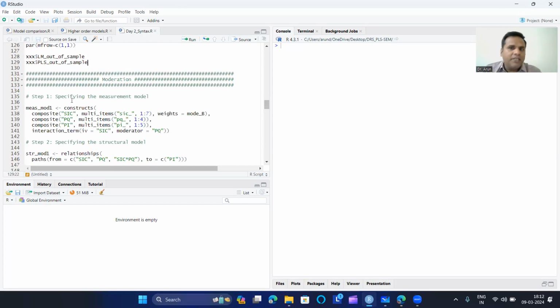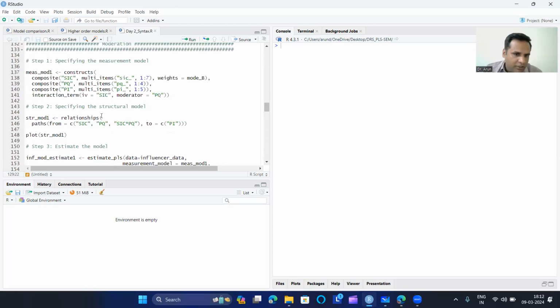So moderation essentially tests the boundary condition. Now I have slightly changed line number 135. I have slightly changed it because today I want to show you model comparison. So yesterday, if you focus on the syntax or if you see the video that has been uploaded, so yesterday